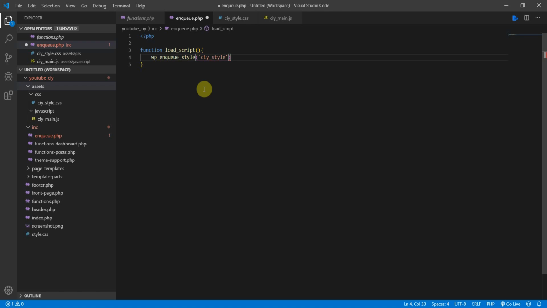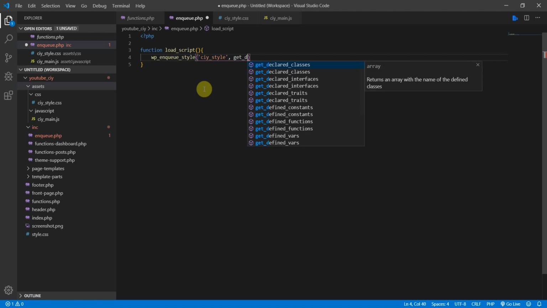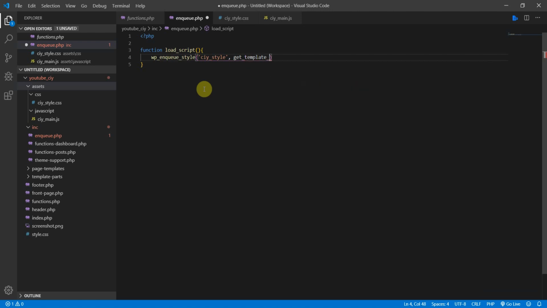Okay, and the next parameter I need to bring in is we need to tell WordPress where to look for this style sheet. So we are going to bring in another function here. It's called get_template_directory_uri. So let's go there: get_template_directory_uri, then a parenthesis, and then a period, and then a string with the URL to where your style sheet is